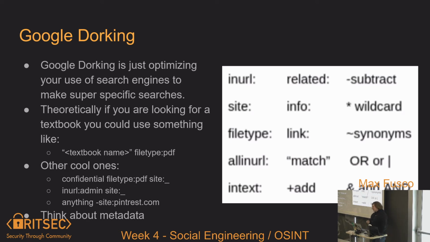Info looks at the info documents, I forget exactly. Links looks for specific links. If you're putting quotation marks around it, it will look exactly for what you're searching. The plus will add specific search parameters. The minus will subtract specific parameters. So if you want to look only at, say, a subdomain, you can remove the domain and add the subdomain. And then that way you're only checking those.